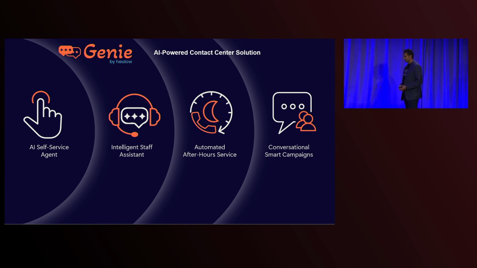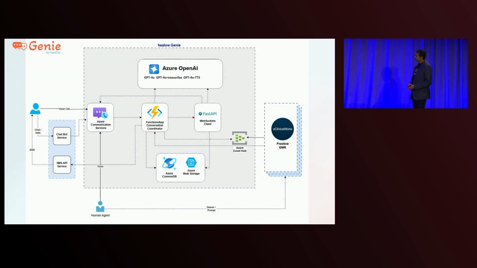And so I know that you all chose to build this with Azure OpenAI and on Azure. What does your architecture look like, and why did you choose to use Azure? Sure. So this gives you a glimpse of what our architecture looks like at a high level. What you see on the screen is a patient coming in. They could be coming in through a voice call, through an SMS request, or through a chatbot on a website. We use Azure Communication Services to route that information. We use the Function app to take that and send it to the FastAPI, which then processes the information, gets information from the data source, and uses OpenAI to get the answer and get that response back to the patient.